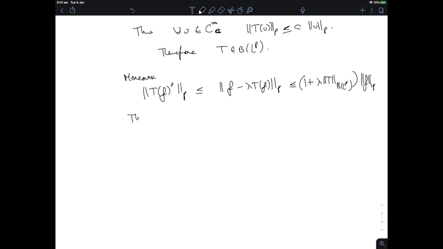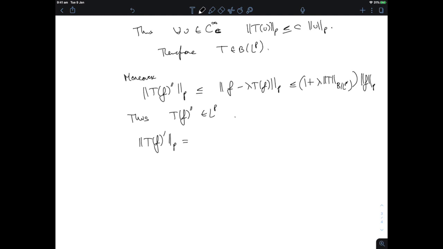So therefore, Tf second is not just an element of W of L2, it's also an element of Lp. So we have that Tf second belongs to Lp, and we have this norm control. Now I claim that this is enough to show that Tf actually belongs to W2p, and that's because I can take a specific representative of the equivalence class of Tf prime and compute the Lp norm of that,